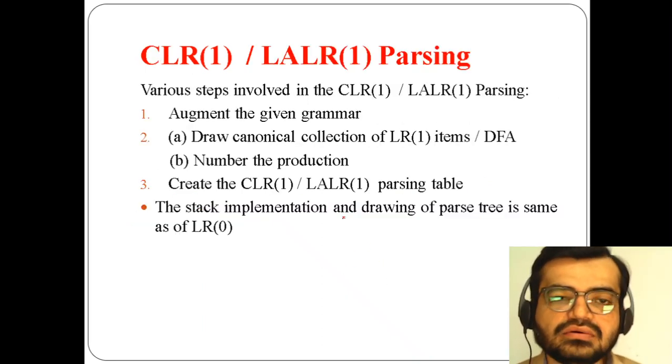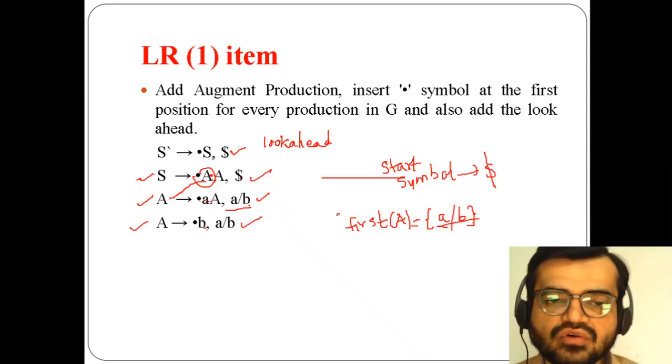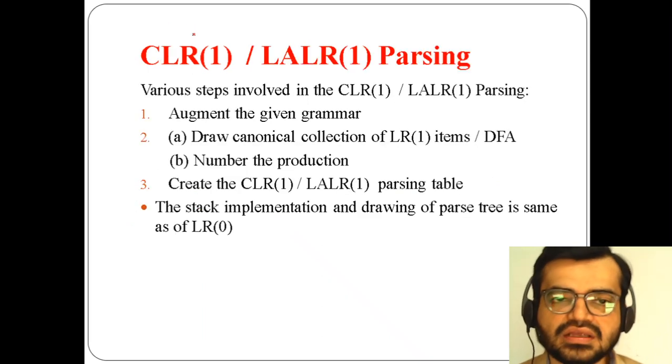Now this is how we need to calculate the LR(1) item. This is called LR(1) item because earlier I was using LR(0) items. What is that? I'm using the dot symbol, along with that I'm using look ahead symbols. Because of this combination, it comes to be LR(1) items.